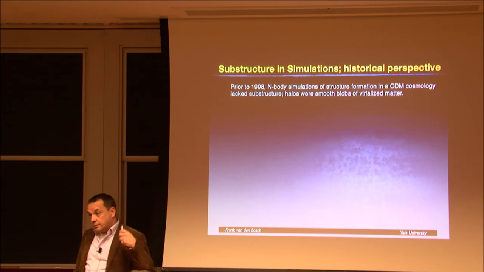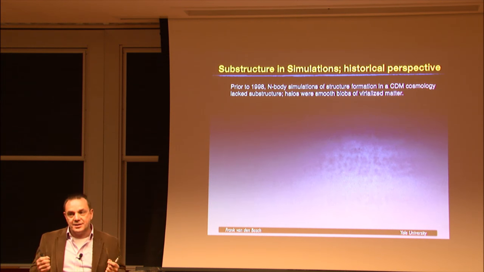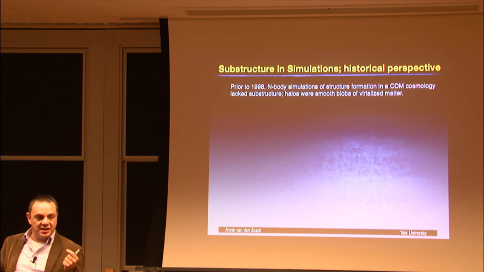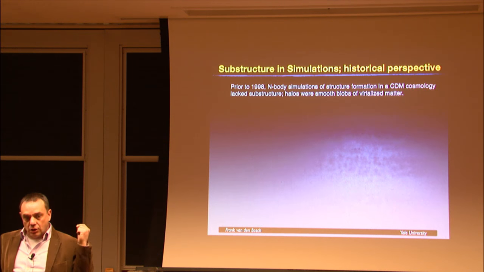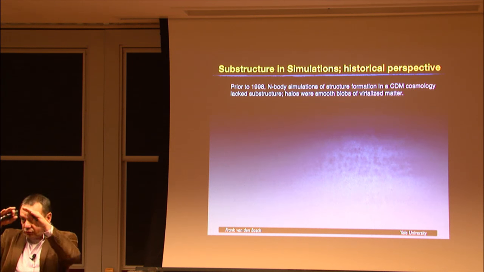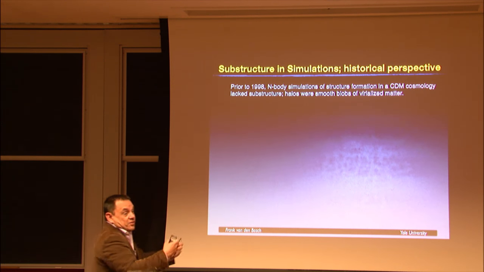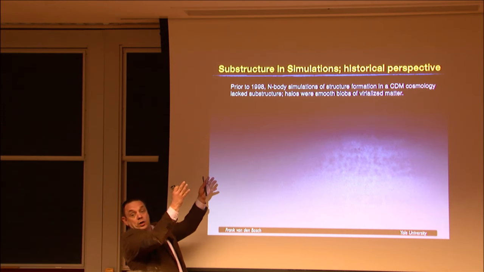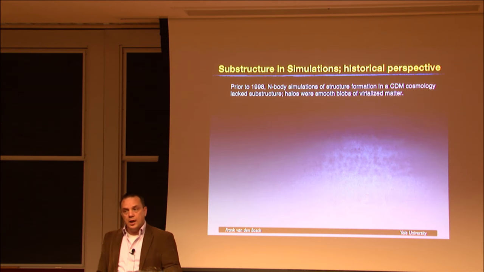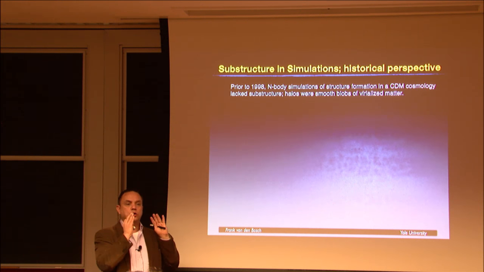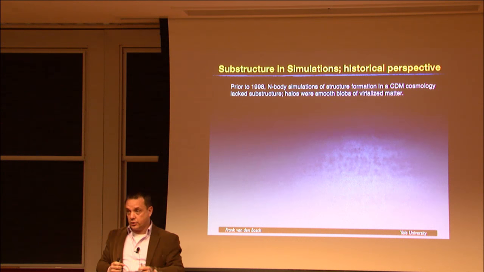So in this respect, about the numerical artifacts, it's important, especially for the younger grad students in the room, to realize that it wasn't until 1997, 1998, that we even saw any substructure in simulations. Back in those days, when you ran a simulation, you got dark matter halos that were fluffy blobs without any substructure. And there were two arguments. People said, well, this is not consistent with observations. If I look at a Coma cluster, I see a wealth of substructure. Why doesn't my halo in the simulation have that substructure? And one approach was to say, well, that's because we didn't include the baryons. Once we include the baryons and dissipation, you make these dense things, and we'll see the substructure come out.